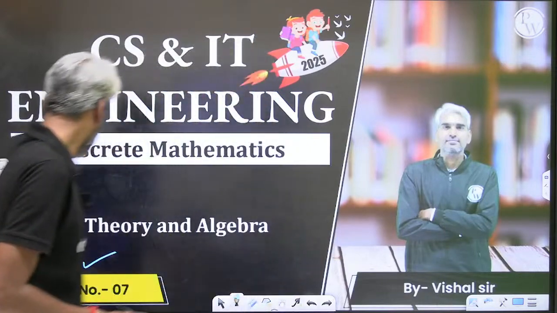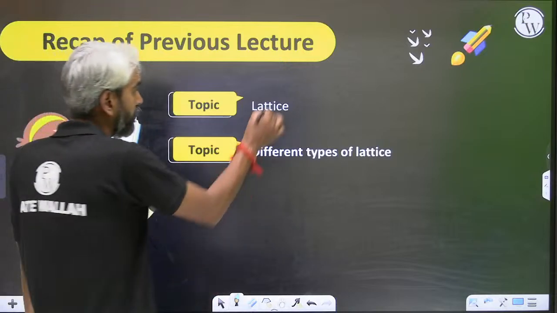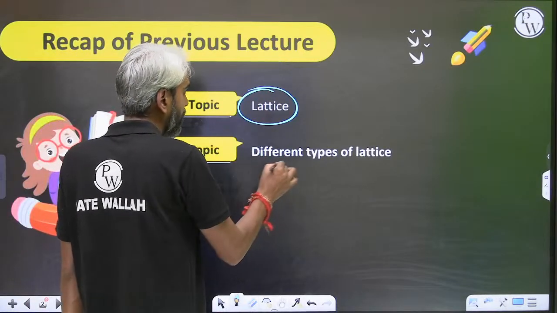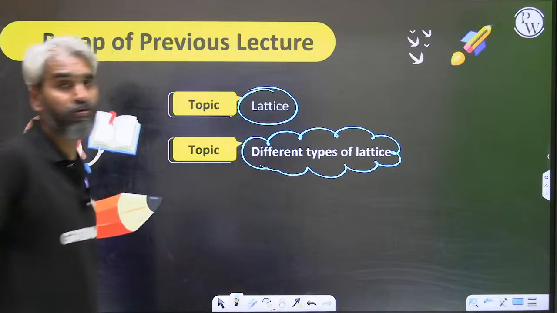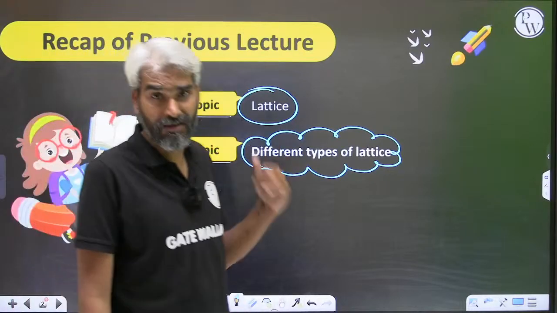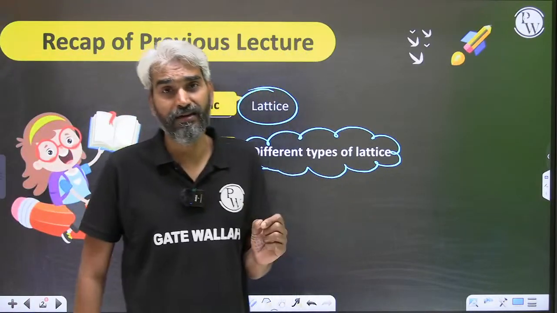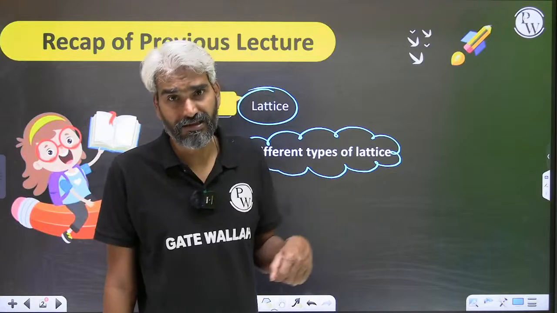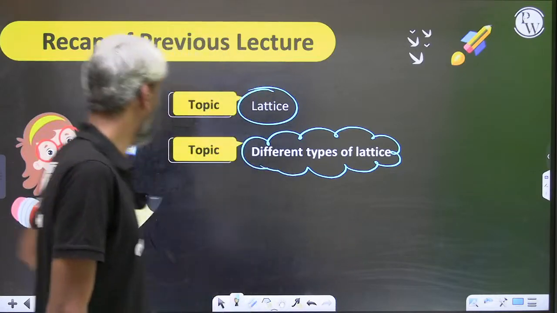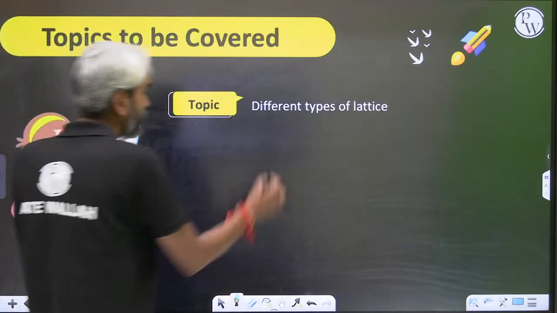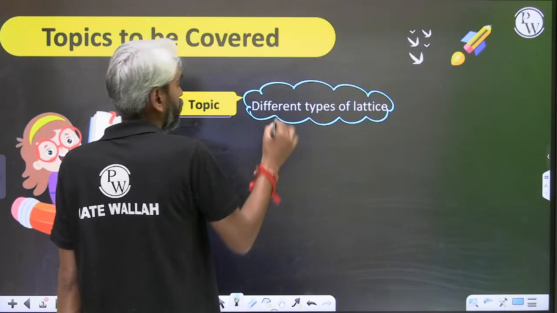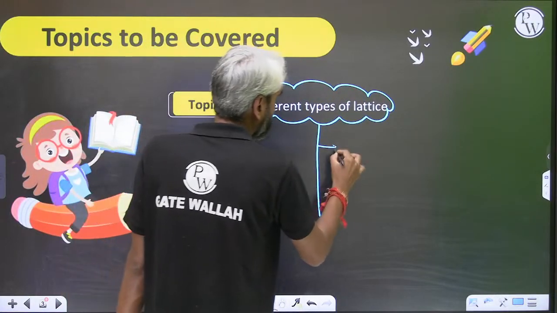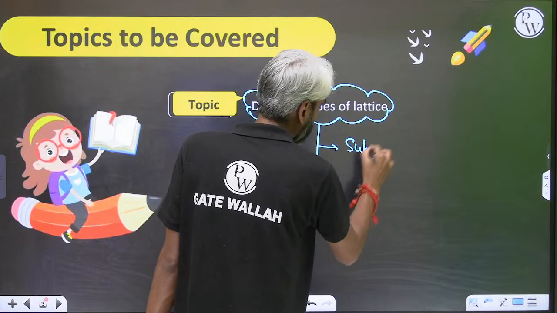Let's proceed further. We have already seen the definition of lattice in the last class. We have discussed the concept of bounded lattice, complement of an element in a lattice, and based on that, we have discussed the concept of complemented lattice. What are we going to discuss today? We are going to discuss some more types of lattices, namely, the concept of sublattice,